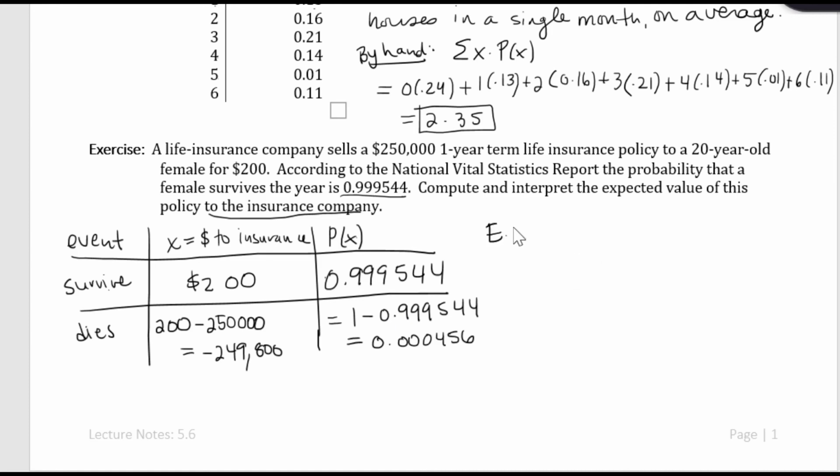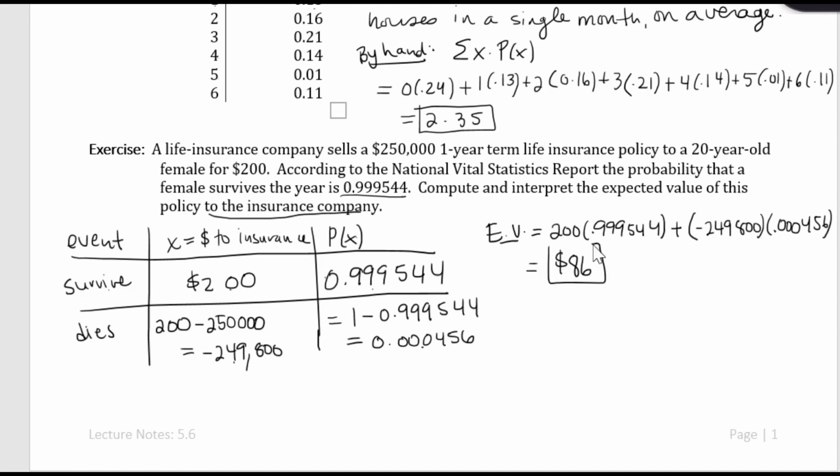So my expected value would be 200 times 0.999544, and then add that to negative 249,800 times 0.000456. Remember, you do this event times the probability of that event, plus this event times the probability of that event. And if you do this, you get